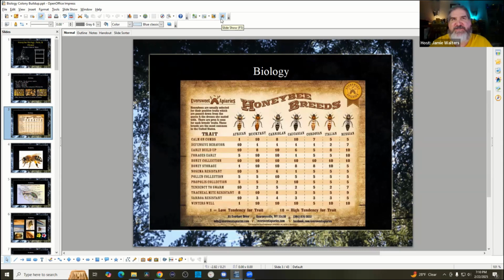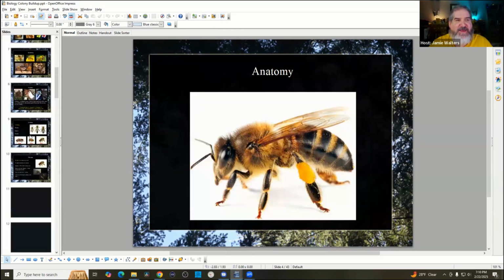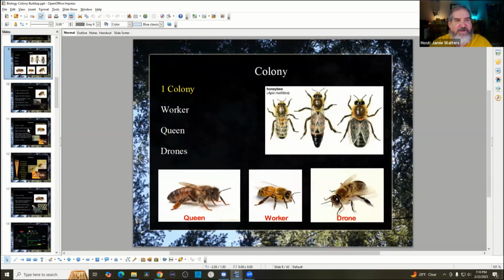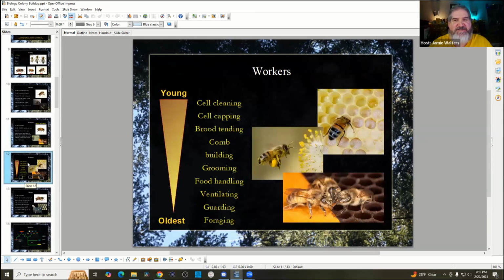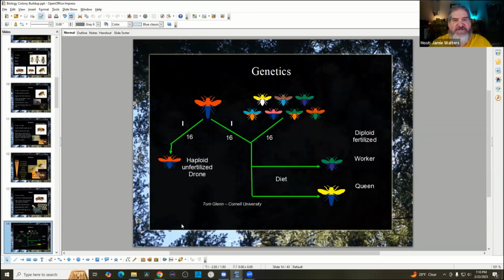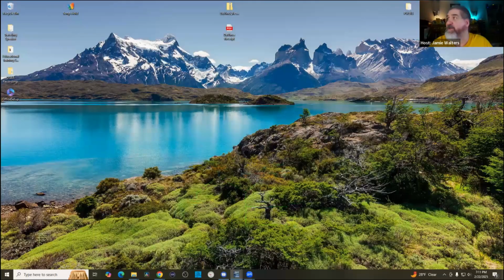When I hit slideshow, it's the same thing as the full version of the Microsoft 365. So when I put these together, this was Jamie starting out, just basic pictures, basic words, and you'll see those same kind of things. Some of these things I've stolen from other ones, but this is the free version of it. There's also, if you have the internet and you have a Google account,